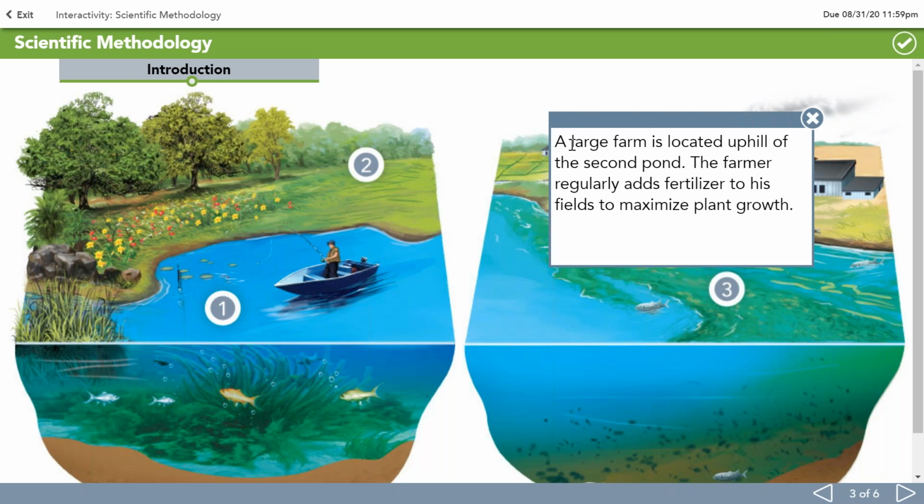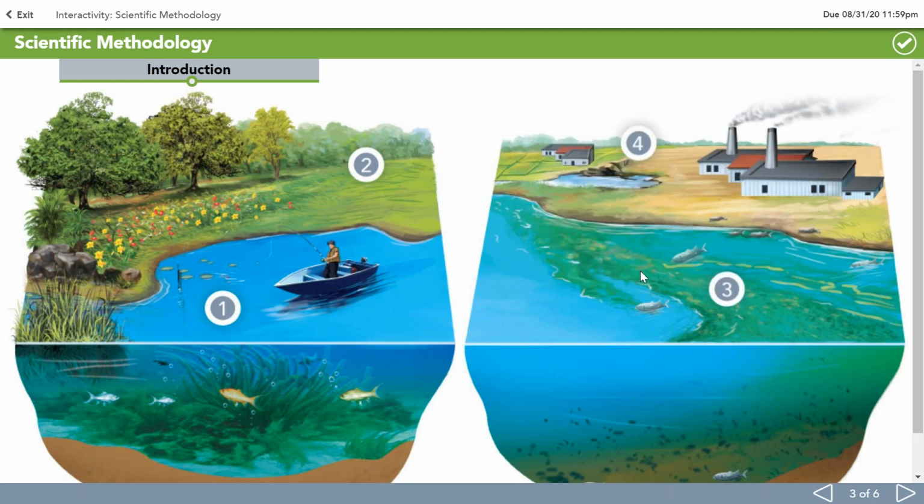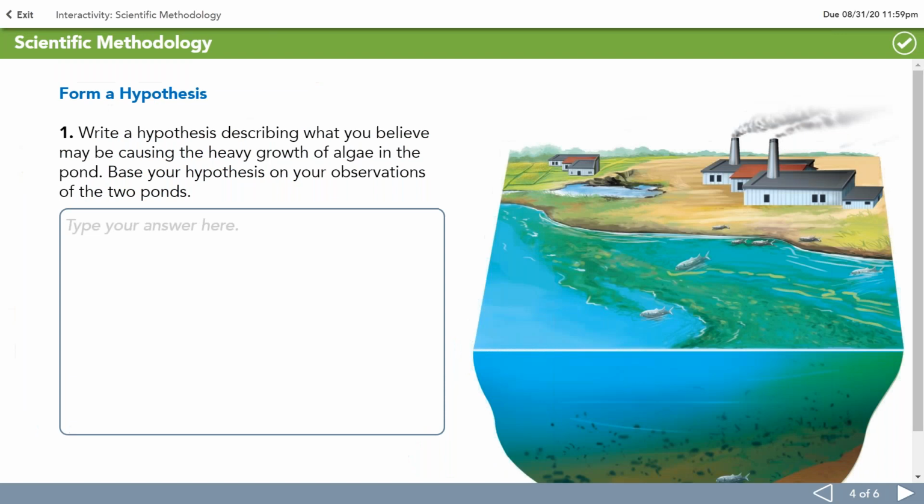And here we go. A large farm is located uphill from the second pond. The farmer regularly adds fertilizer to his fields to maximize plant growth. So we're beginning to get the student to think about what might be causing the algae that you see floating here, and the debris that you see down here, and lack of life in this pond versus the one on the left. So without getting into too much of a biology lesson, I want to move on to page